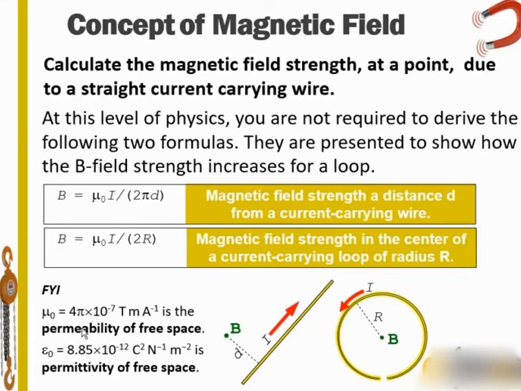So in other words, this is a coefficient. It's actually called the permeability of free space. And it's basically telling you that the magnetic forces which are produced as a result of this magnetic field are going to have an impact depending on the material or the medium that they're in. So for example, if we have